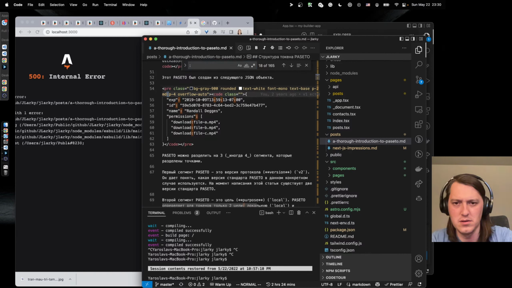So now we need, instead of builder React, we need builder solid JS minus JS. Yeah, okay, that's how you get